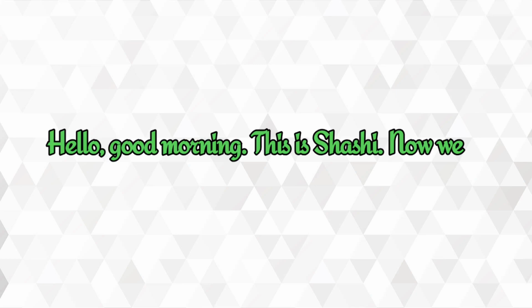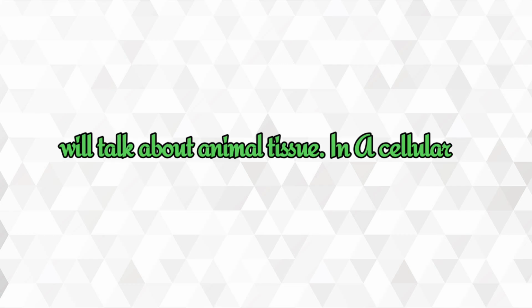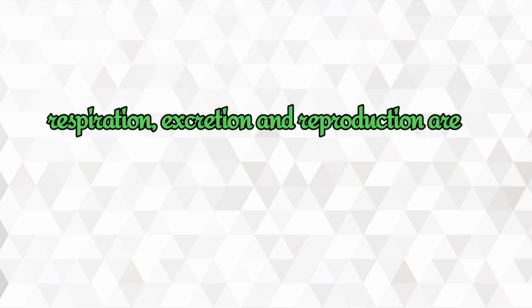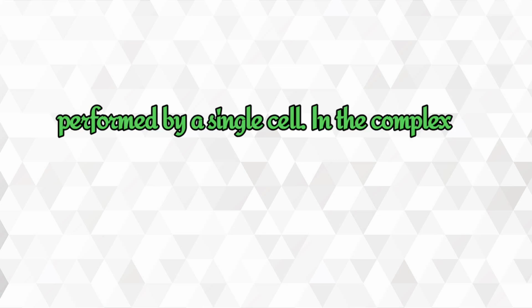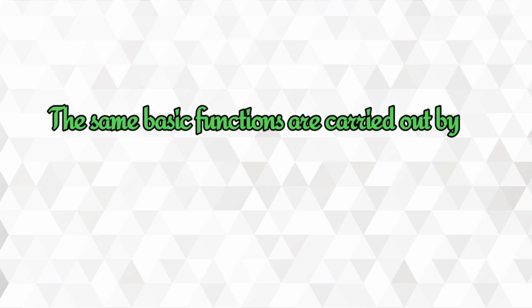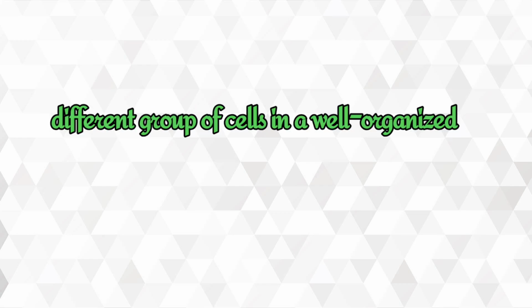Now we will talk about animal tissue. In acellular animals, all the functions like digestion, respiration, excretion, and reproduction are performed by a single cell. In the complex body of multicellular animals, the same basic functions are carried out by different groups of cells in